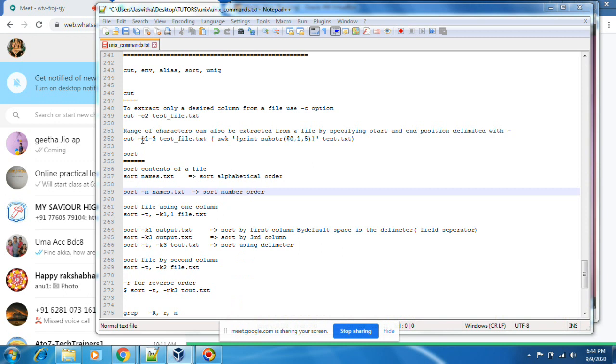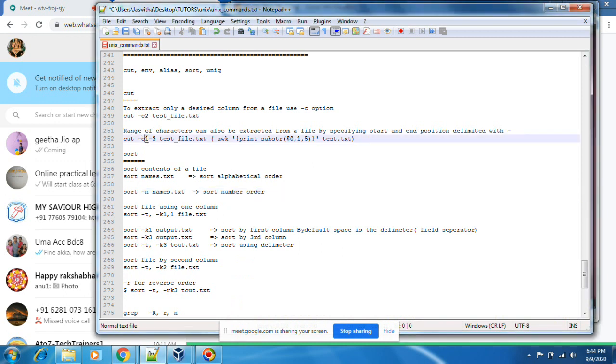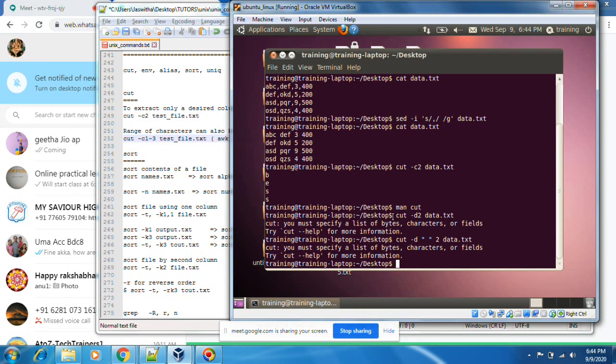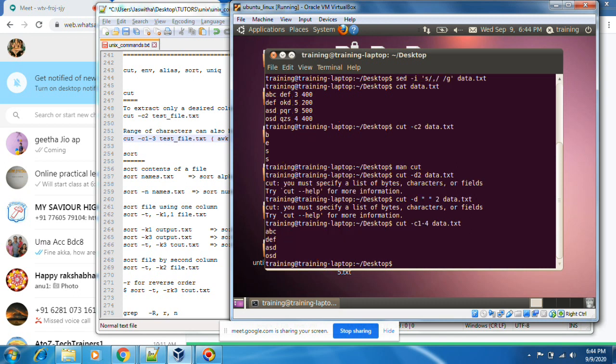I want to cut the first column to the fourth column in this file. Cut -c 1 to 4. Yes, the first 4 characters from the file are printed.